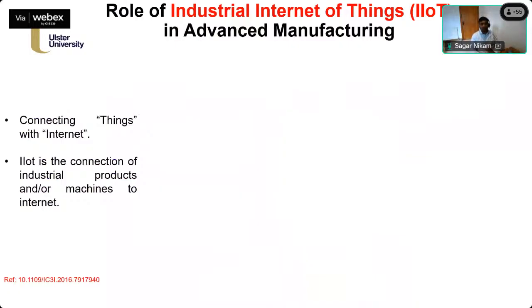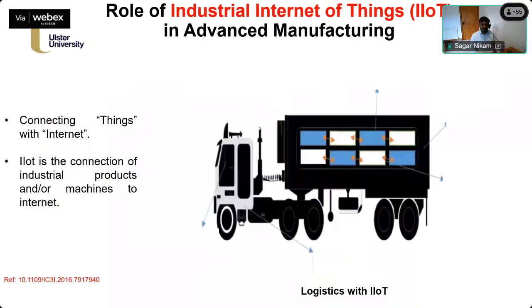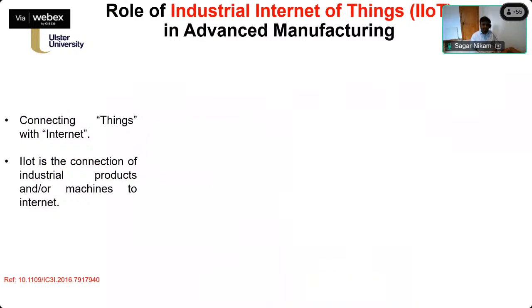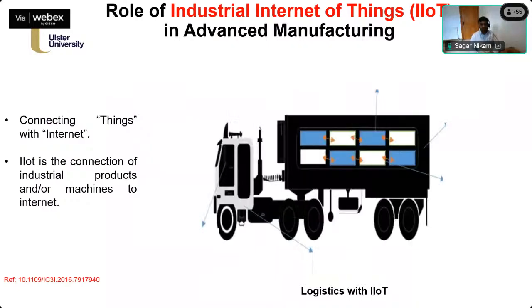So when we talk about industrial IoT, this is the technology that enables wireless communication between the physical assets, for example devices or locations. So we call it IoT. We are fixing internet devices or wireless devices on the physical assets. One example is making use of IoT devices in logistics. Yesterday, in one example I showed about the robots, they communicate by making use of IoT. So one example could be in logistics.